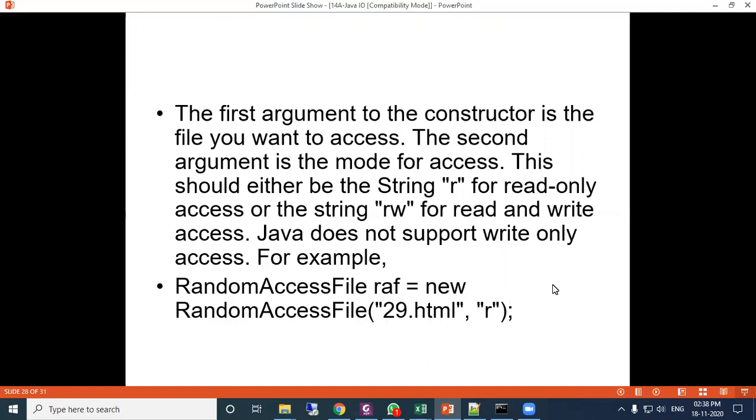To open a random access file, the method is RandomAccessFile, the class name, space, then the object name, whatever you want to give, equal to new RandomAccessFile, within parentheses, within quotation the file name, comma, and within double quotes R or RW. So this is the method to open a file. If you write R, then it will be read mode. If you write RW, it will be read write mode. Okay. So for example,